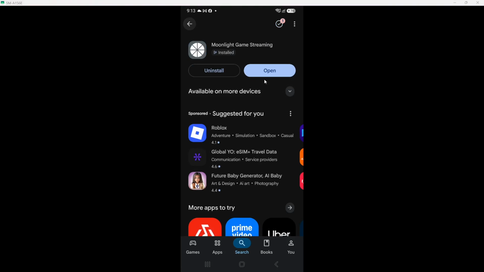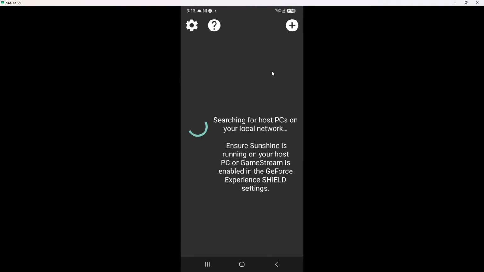Now open Moonlight from your app drawer. The app drawer is where all your installed applications are located. Look for the Moonlight icon, which typically features a moon against a night sky backdrop. Tapping on it will launch the app, and you'll soon be greeted with its user-friendly interface. Opening the app is vital because it prepares you to configure your settings for game streaming.